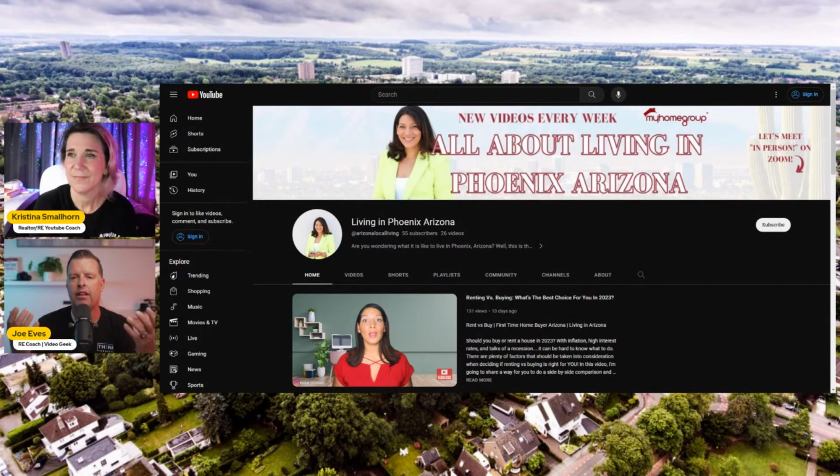But I think that's the thing, is we try to overemphasize by saying stuff or typing stuff out, rather than people picking stuff up really quickly with a good image. So use that image to highlight that, and if you do need the brokerage, put it over in the corner off to the side. Let's meet in person on Zoom was awesome when